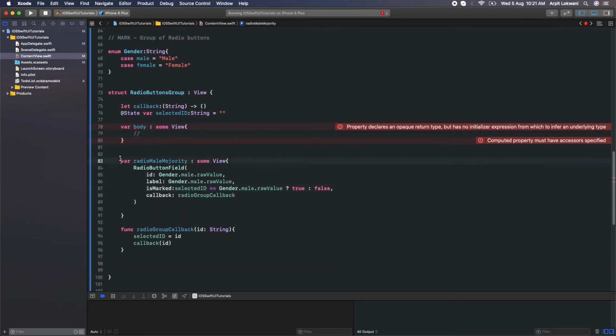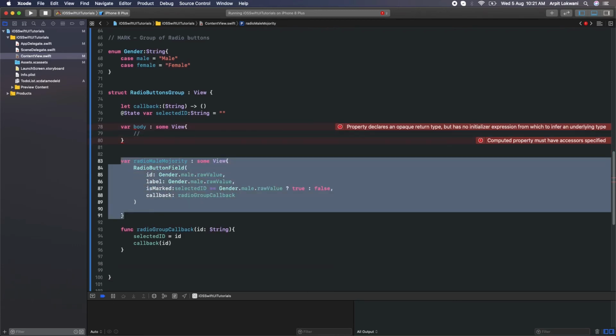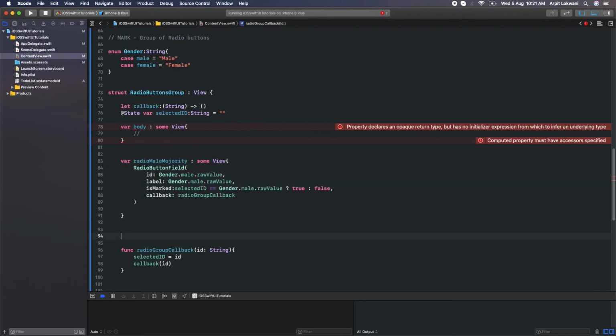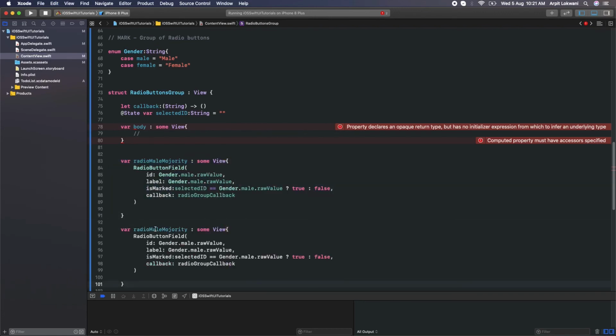So similarly we will create for female also, right? Because we have 2 radio buttons we can do. So yeah, we can say for female, and replace with female. Yeah, so we can say female and callback will be same, right? So let me try now.